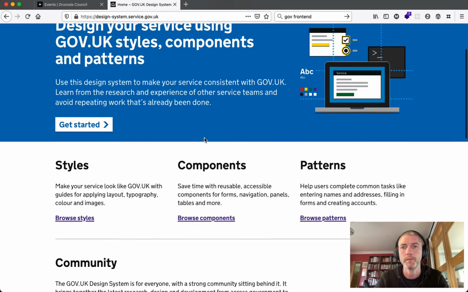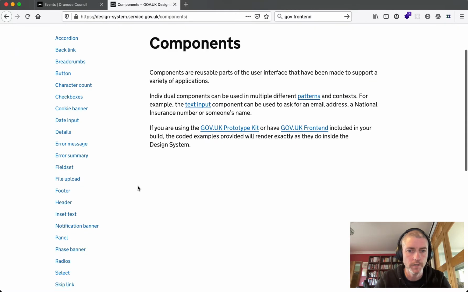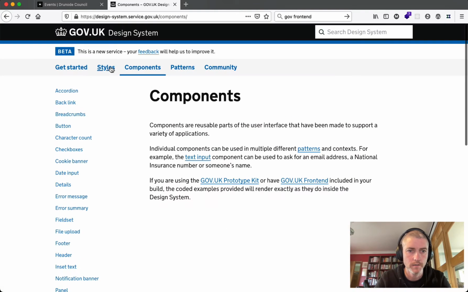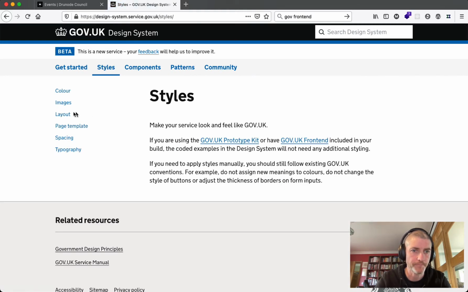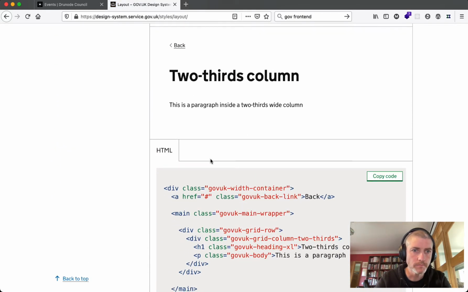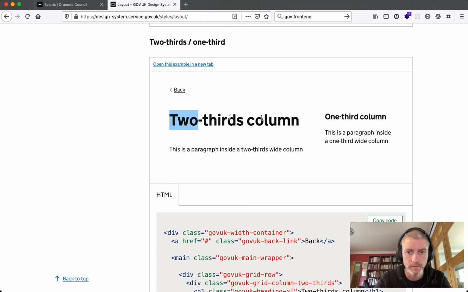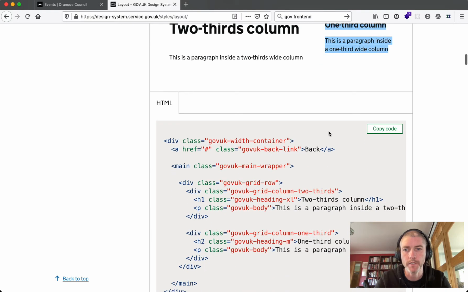So if we look at Gov UK front end, I think it is, down around here, and I think components, but I'm not sure. No, let's look at styles maybe. Styles, layout, screen size, common components, 2/3. Yeah. So this kind of approach. You can see here, this takes up 2/3 of the screen, and the sidebar takes up 1/3